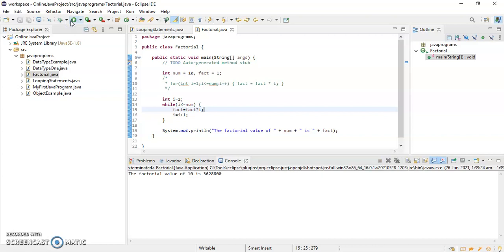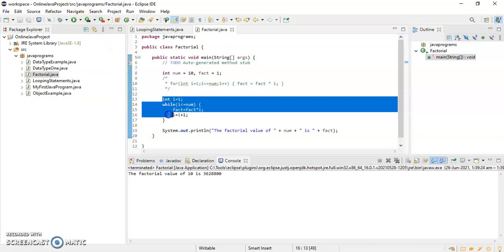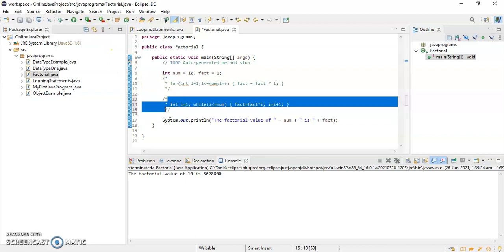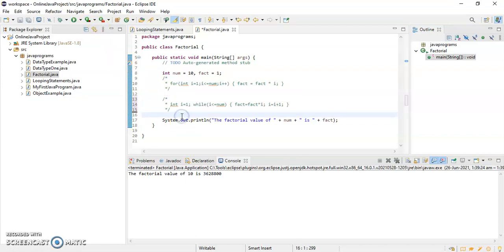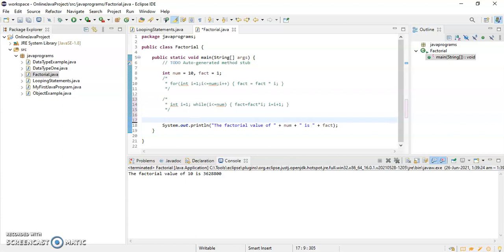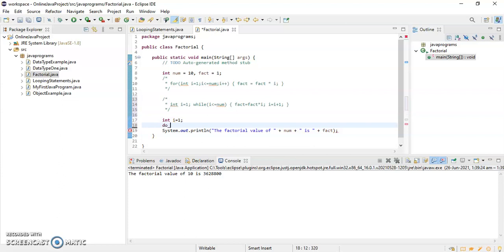The factorial of 10 is 3628800. Let's do it using do while. First I have to do the initialization: int i is equal to 1, then do.